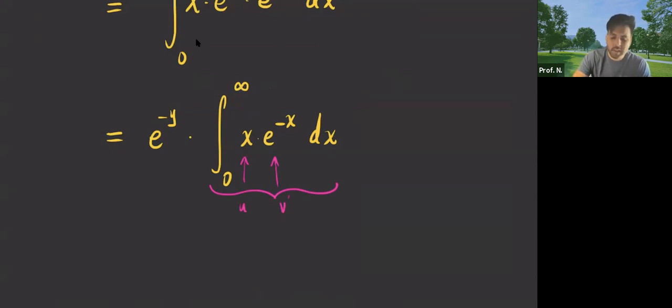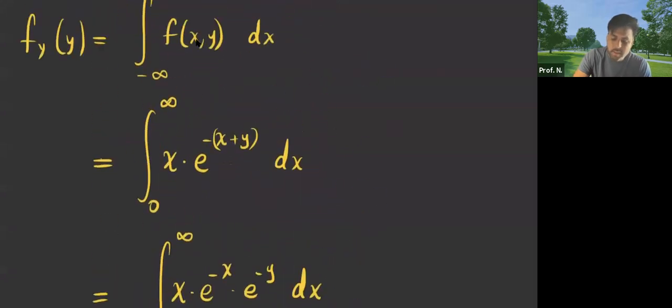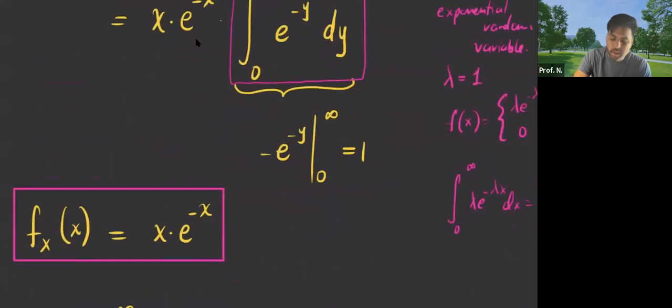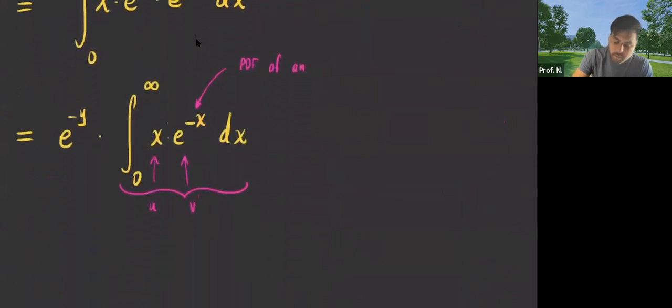So whenever you see this e, lambda is one. But first of all, what kind of PDF is it? What is this the PDF of? What kind of random variable? Exponential, right? So this is the PDF of an exponential. It's the same idea as here: e to negative y, e to negative x. E to negative x is the PDF of an exponential